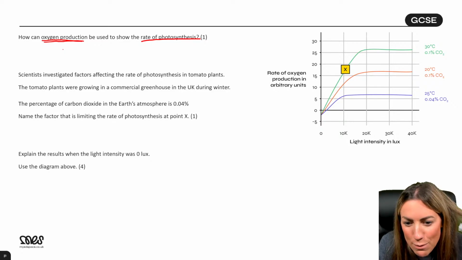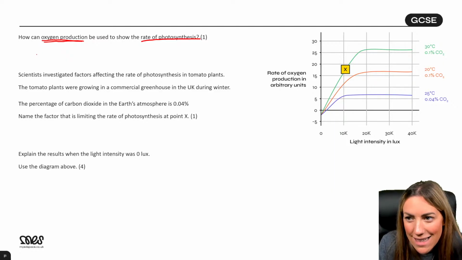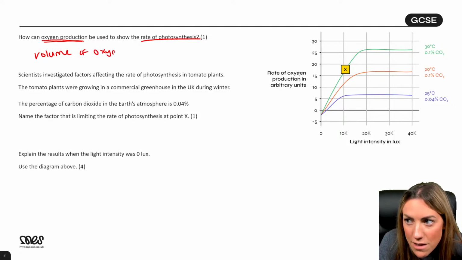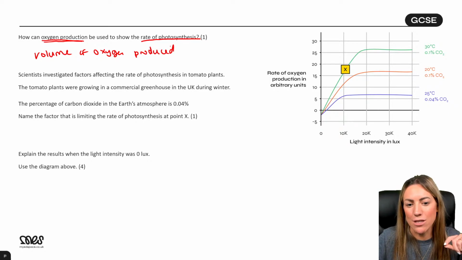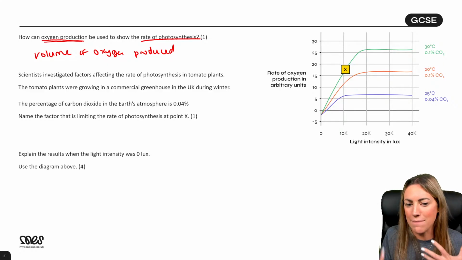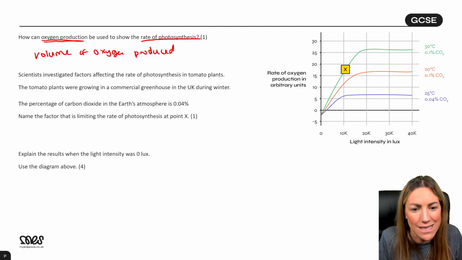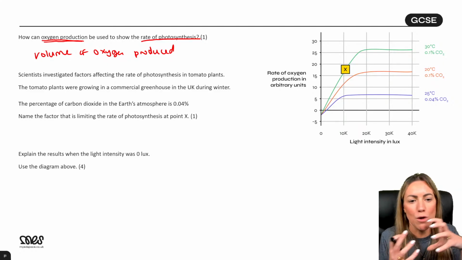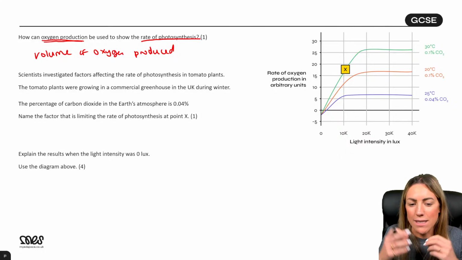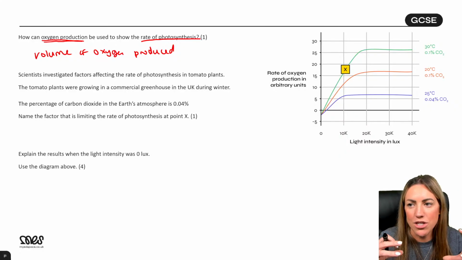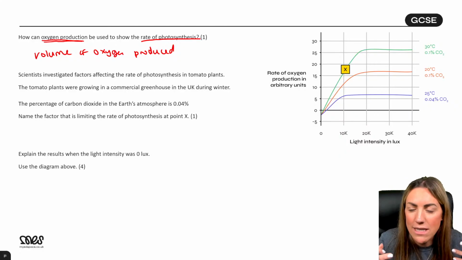Some of you are saying bubbles, like you could count the bubbles. Can we give a better answer? What about the volume of oxygen? Because you'd probably be better to measure it in a gas syringe, no? Because if you count bubbles, there's a lot of human error there. You might miscount a bubble, for example. You're going to miss the bubbles. And you actually don't know the volume of each bubble either. So it's much better to use a gas syringe. You're going to get more accurate data.